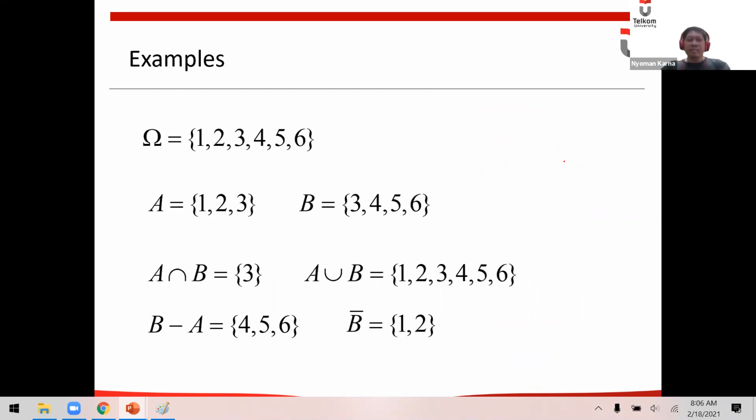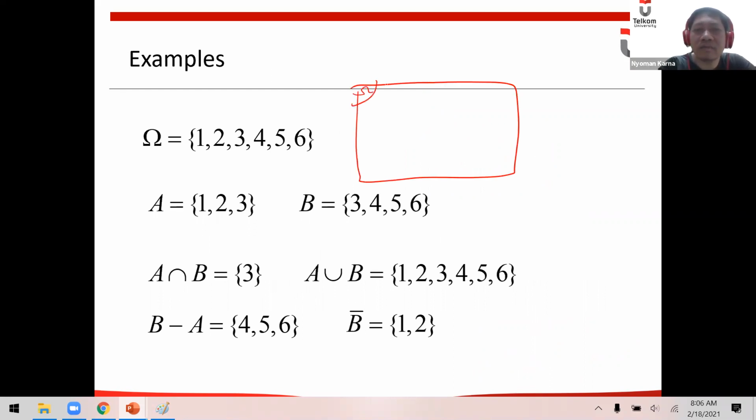Okay. Now, this is an example. We have the universe of 1, 2, 3, 4, 5, 6, while A is 1, 2, 3 and B is 3, 4, 5, 6. First let's draw the Venn diagram. This is A and this is B. A is 1, 2, 3, and B is 3, 4, 5, 6.